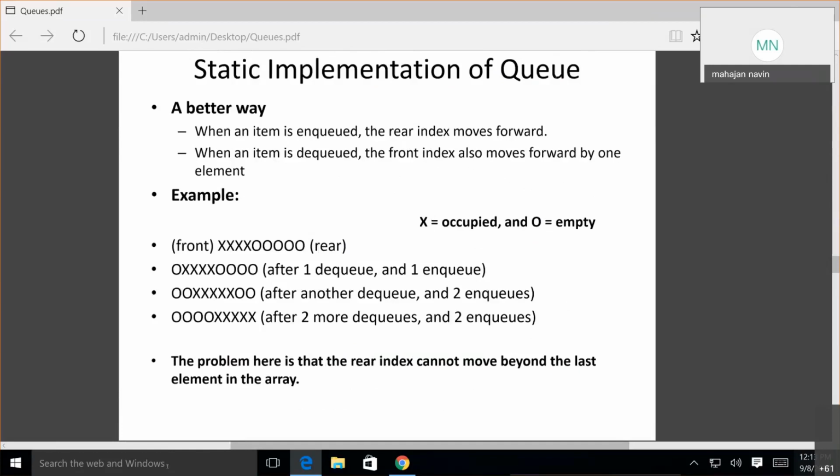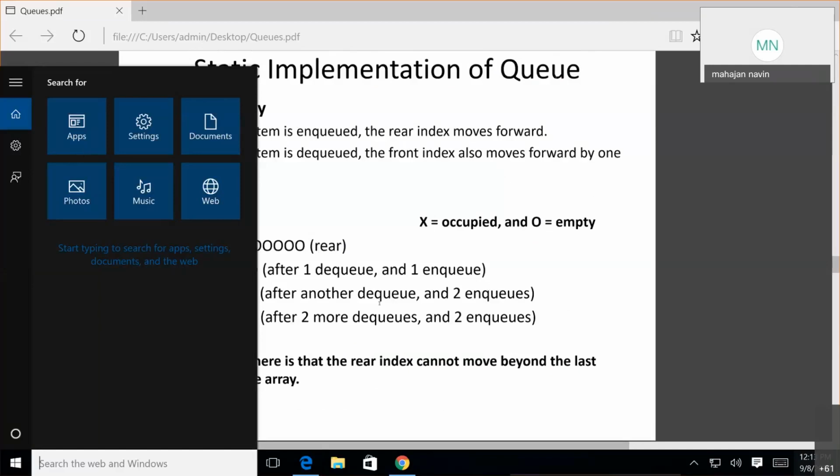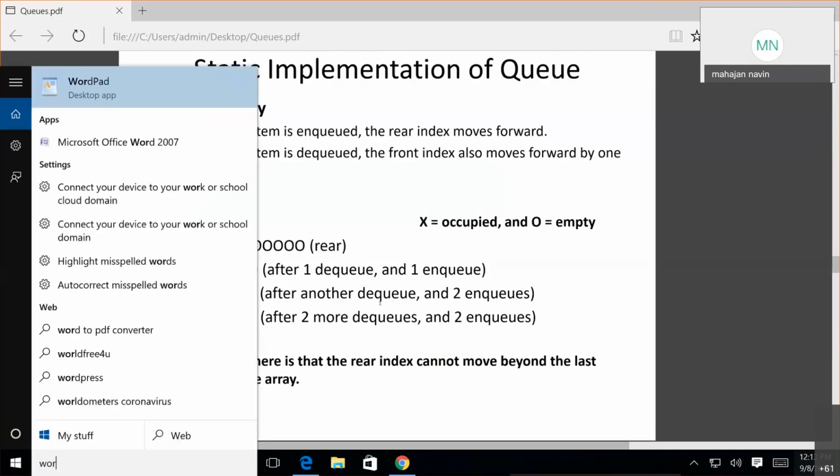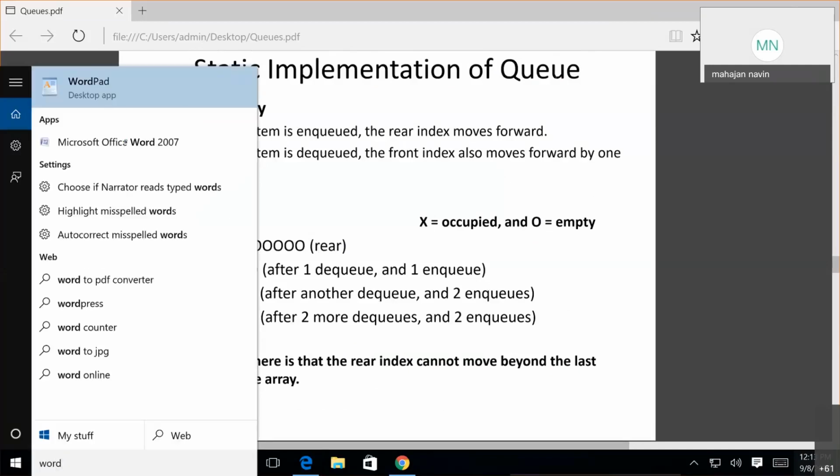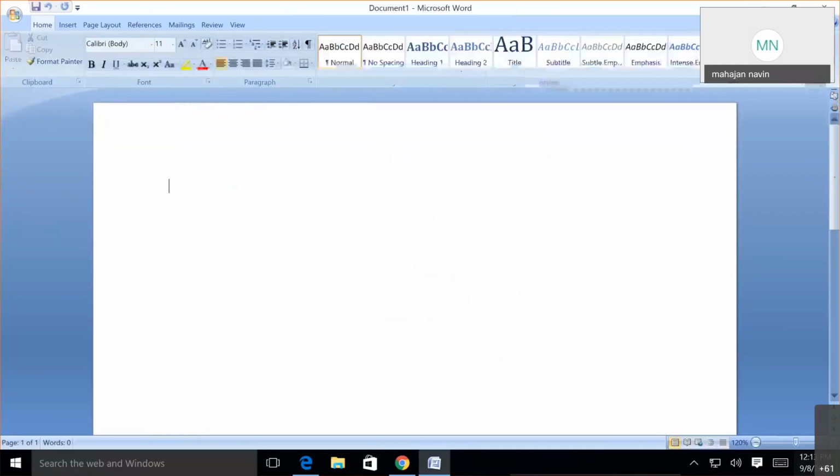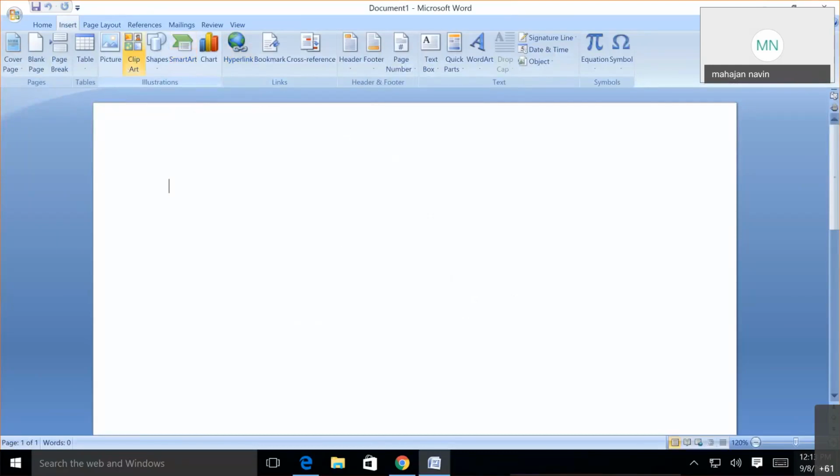If I show you pictorially, I will show it in Word. Insert. I think yeah, they're using it. I should have taken.